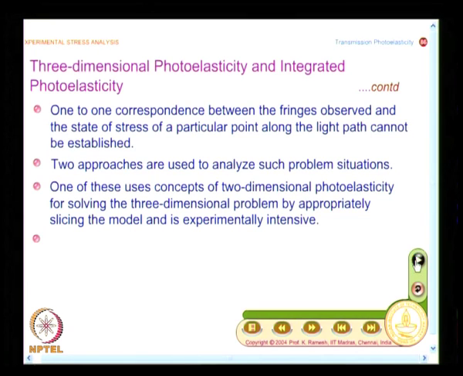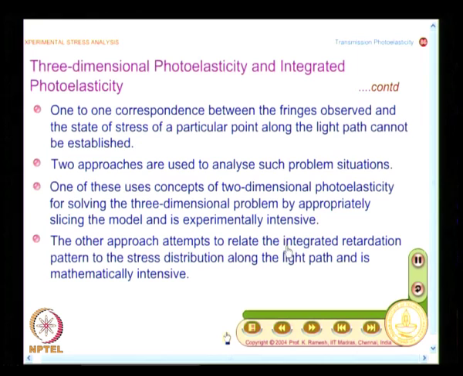So, because of stress freezing, people were able to extend 2-dimensional photoelastic analysis for analyzing 3-dimensional problems intelligently, but it is experimentally intensive. That means I have to do stress freezing, then I have to do slicing, all that we will see now. The other approach is to directly record the fringe pattern